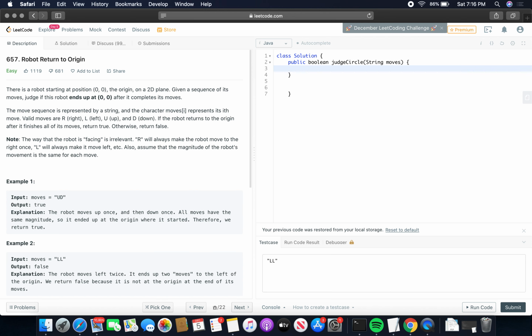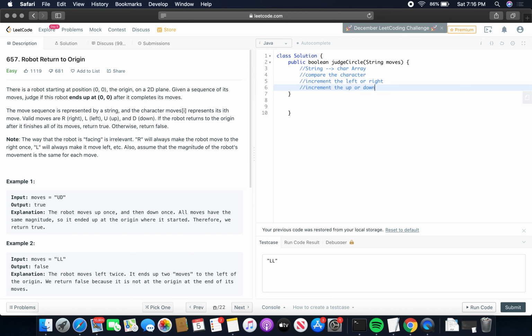So let's begin. What can be the approach that we can take? Basically, the first thing we have to see is that it's given a string, so convert that string to a character array so that we can match up and see what the character is. Then compare the character, and accordingly we can increment the left or right pointer, and in case it is U, then we can increment the up or down pointer.